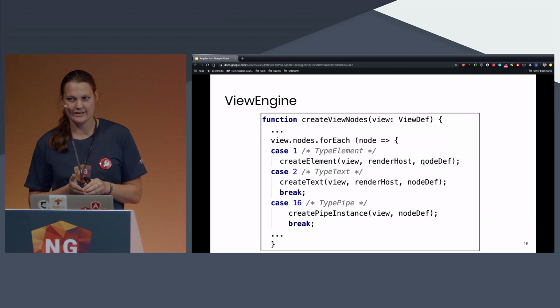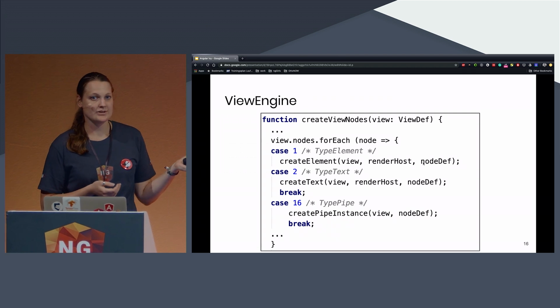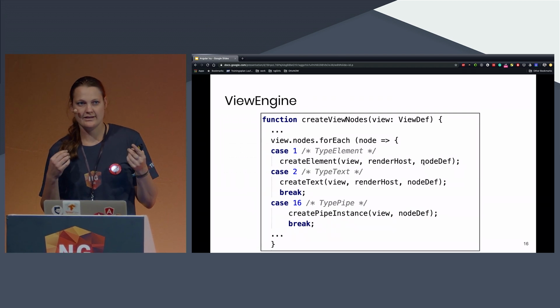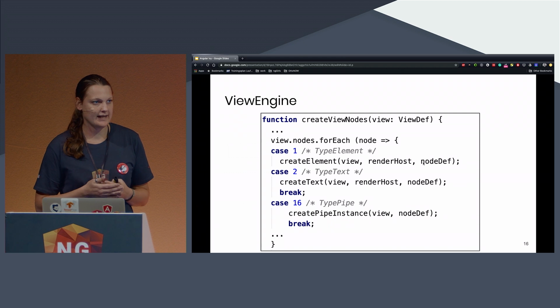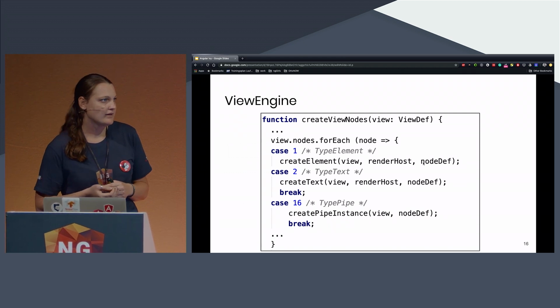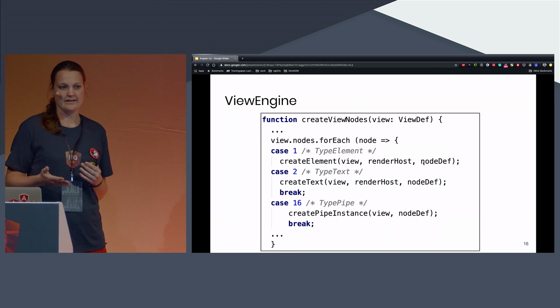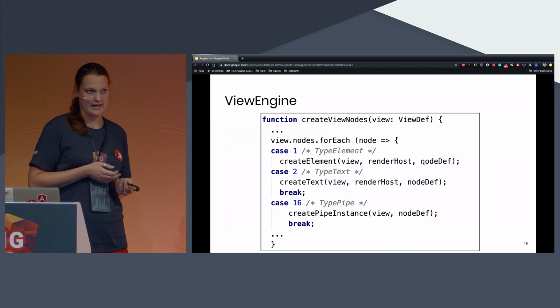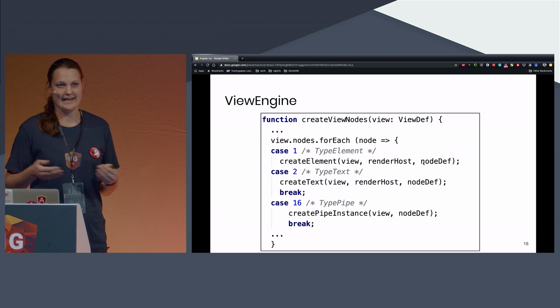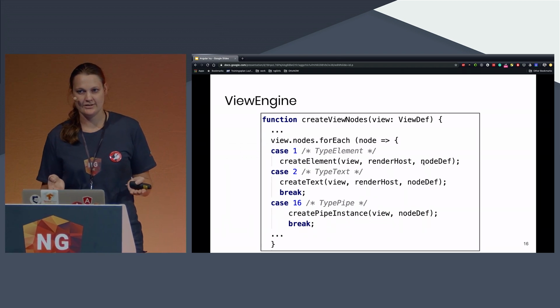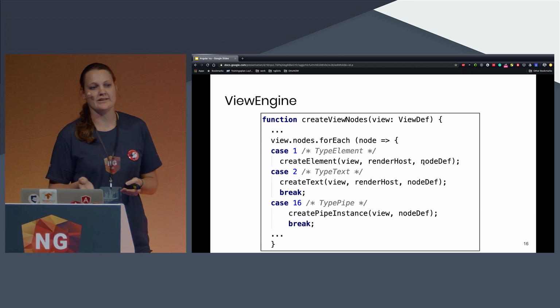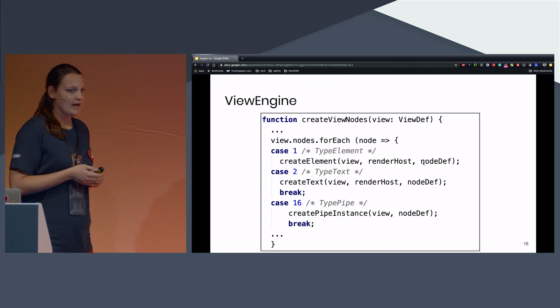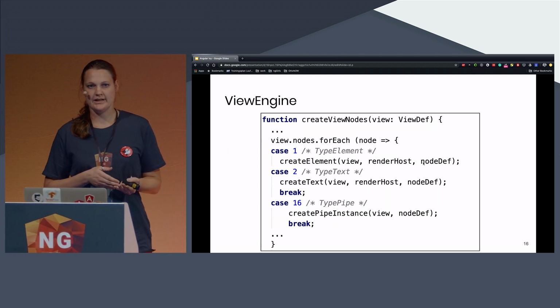But what is the issue over here? With this approach, the framework or the compiler can't know during static analysis and runtime if a function is called or not, and for that reason it can't be removed out of the framework. And this is the biggest issue. This is one of the problems the current View Engine has.